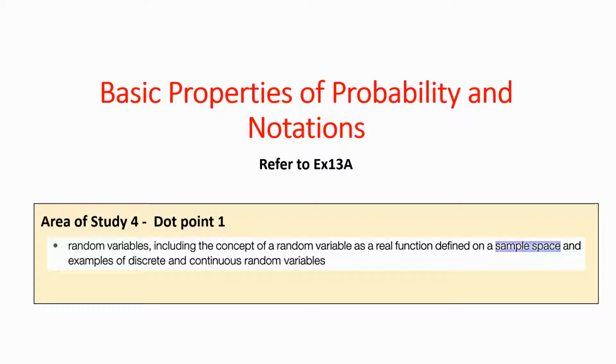So here we go. Basic properties. Basic properties of probability and notation is what the first exercise is about, which really is all in that one dot point. When they say here, including the concept of random variable as a real function defined on a sample space, and examples of discrete and continuous random variables, that is really just a fancy way of saying, do